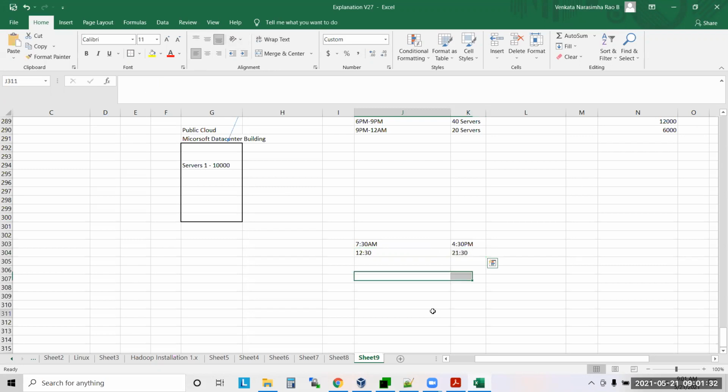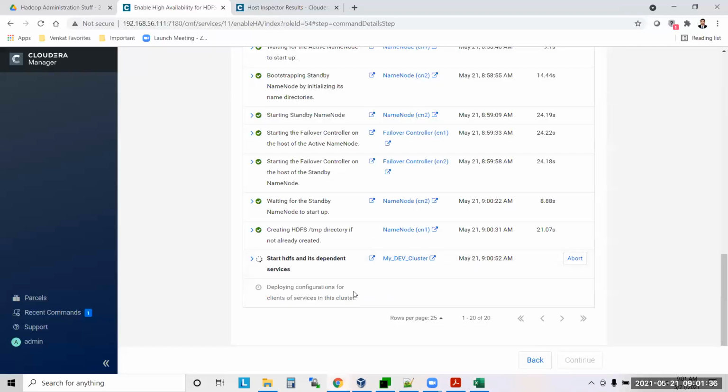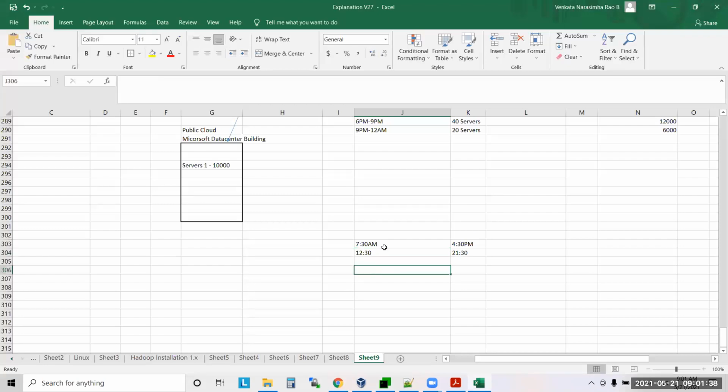Two shifts. If it is an Australia shift, you have to log in by morning 4:30 like that. If it is a Europe shift, mostly you will have to log in by morning 5:30 or 6:30. 6 o'clock itself you have to log in. It depends on the client which you are working for.